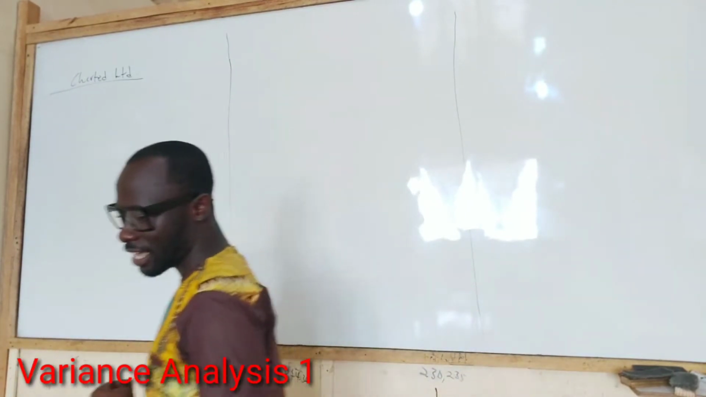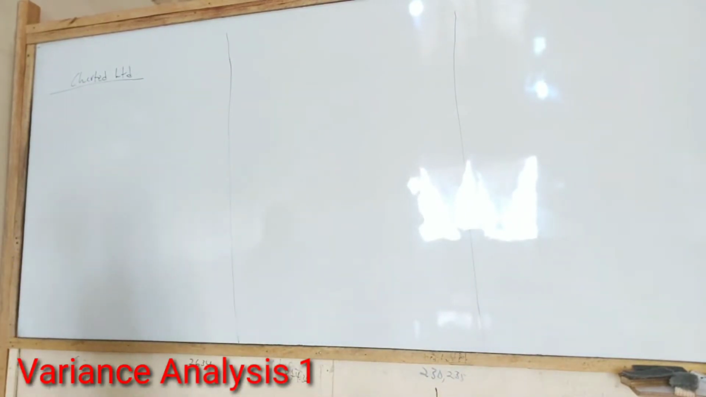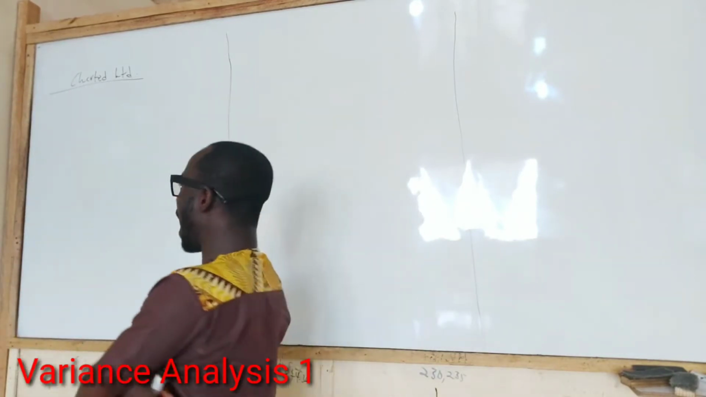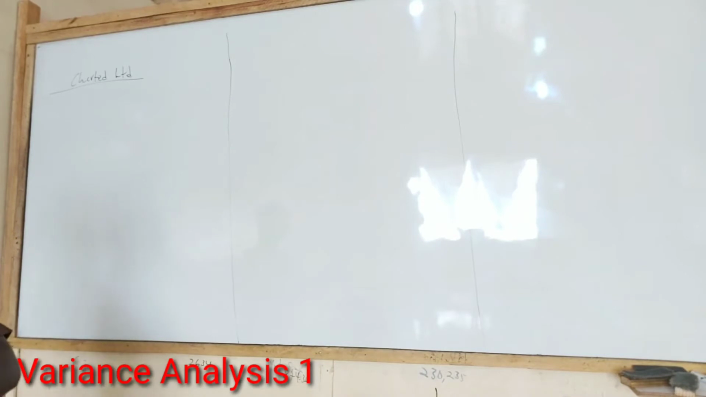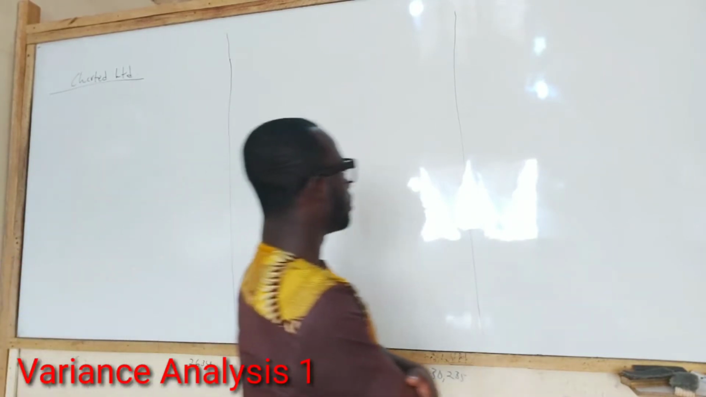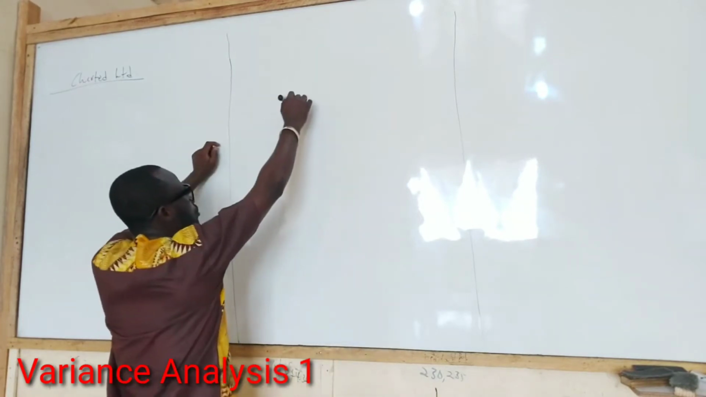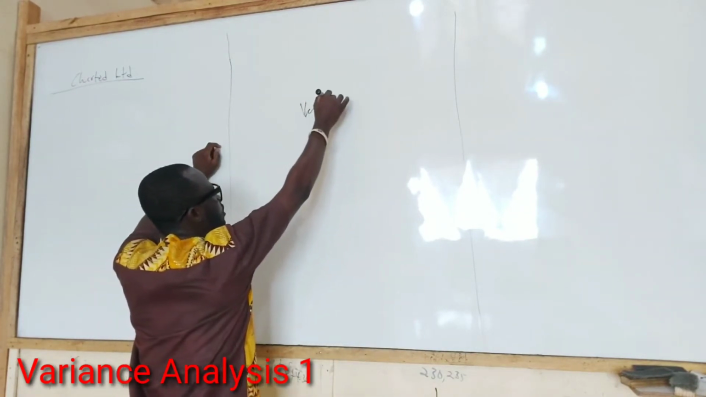Then ii says, give one possible reason for each of the variances computed in i. And so that is 7 marks, and in total, that gives us 14 marks. Now, when it comes to calculation of variances,